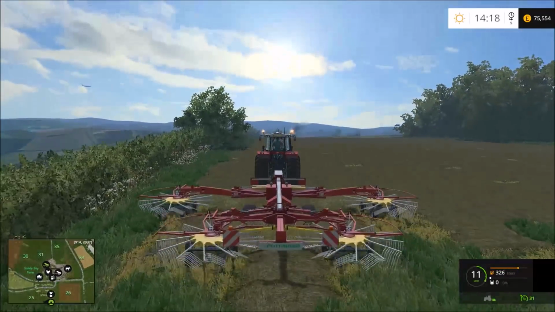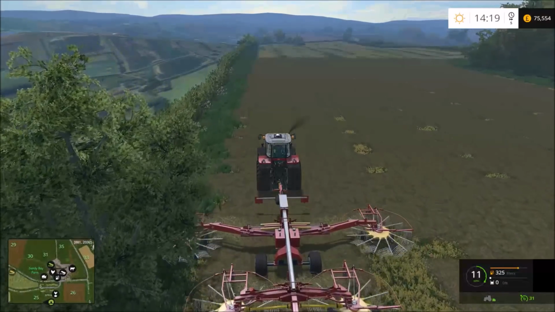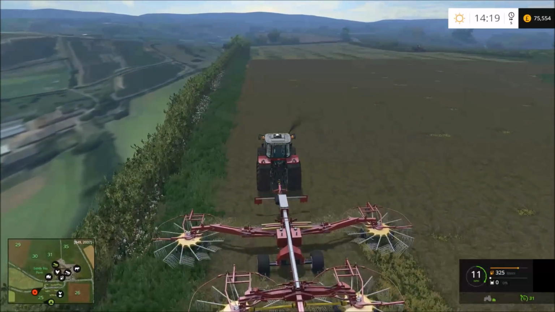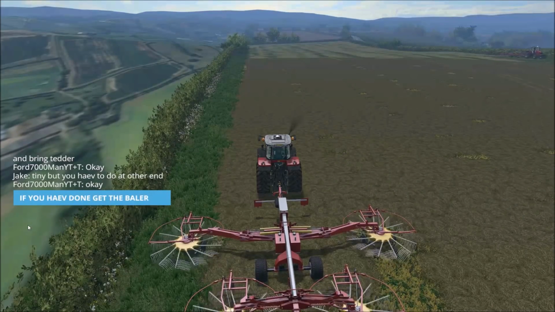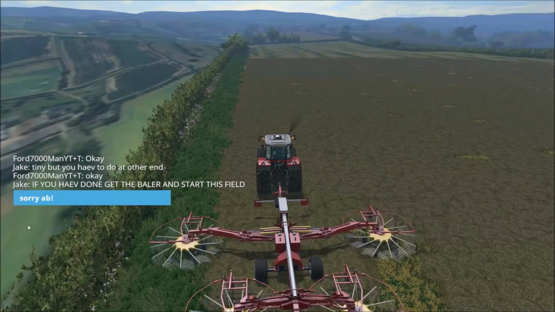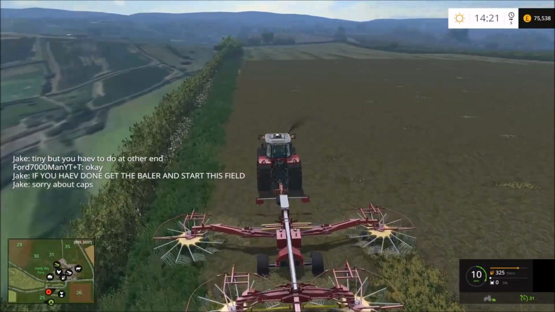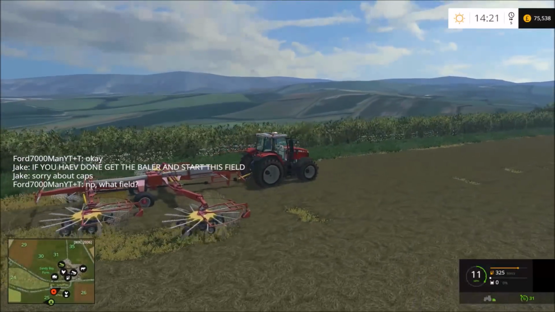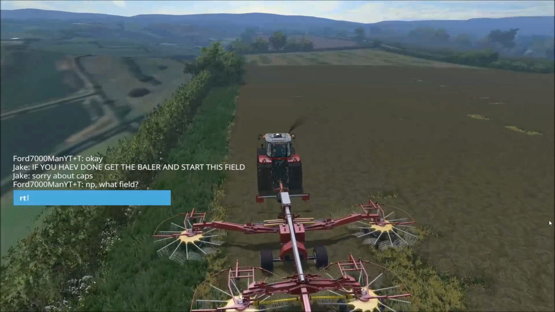Right, let's go. So, don't know how many bales we're going to get out of this field actually. Hopefully we get a fair few. I think he's done there. That's good. Right. Oops, sorry about the gaps. There we go, right. So, it's quite a nice view that actually. Be nice if Giants actually